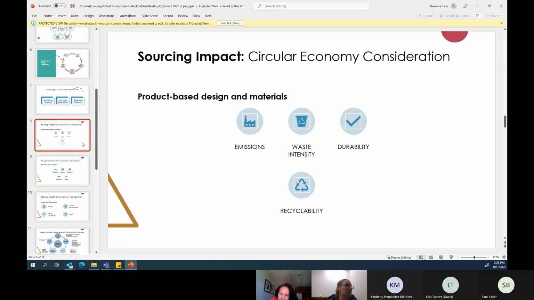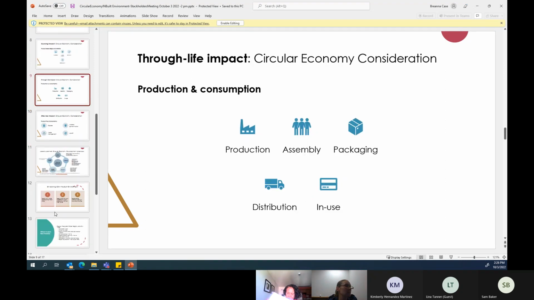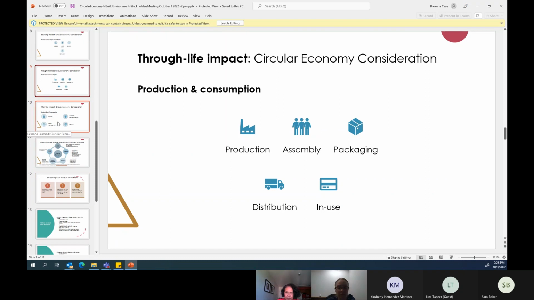The second, next please. Next is through-life impact. At this stage, it reflects the impact while products are being produced and in use.